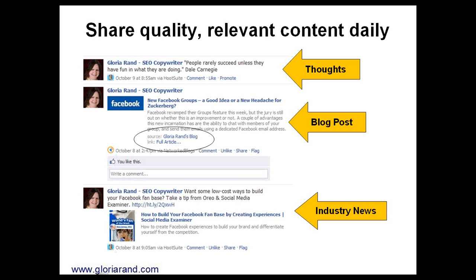This is an example from my own page. What I like to do is post quotations, and then I share articles from my own blog, and also articles about social media and search engine optimization that I find from other sources. Social Media Examiner is a great resource.